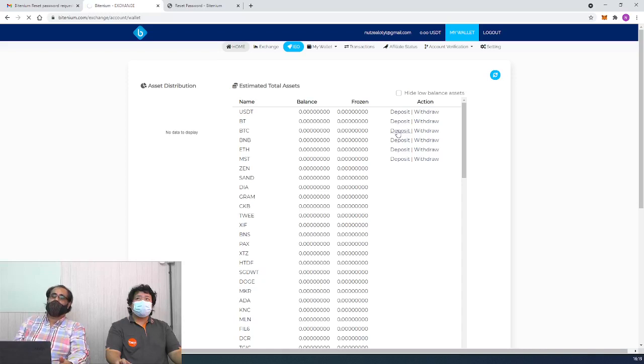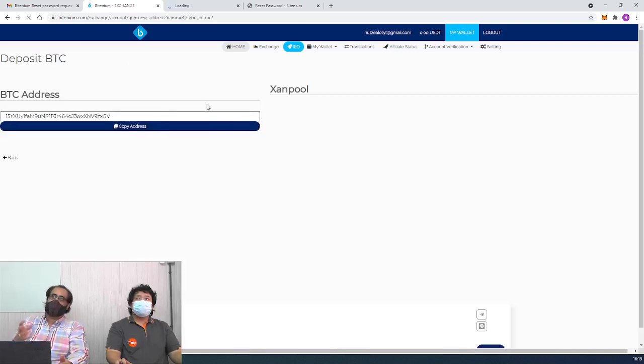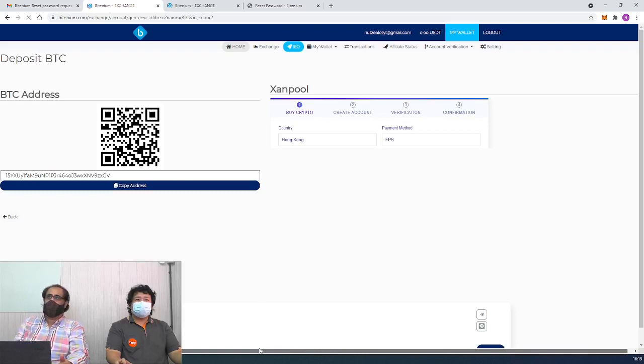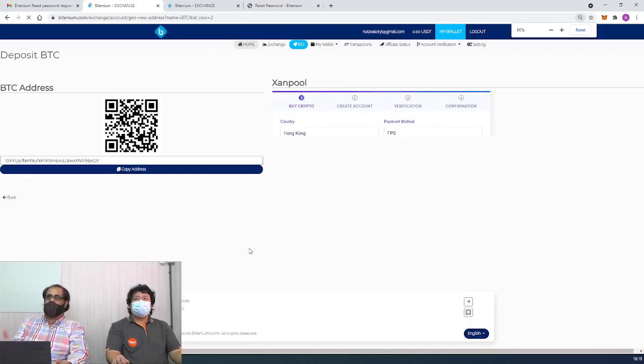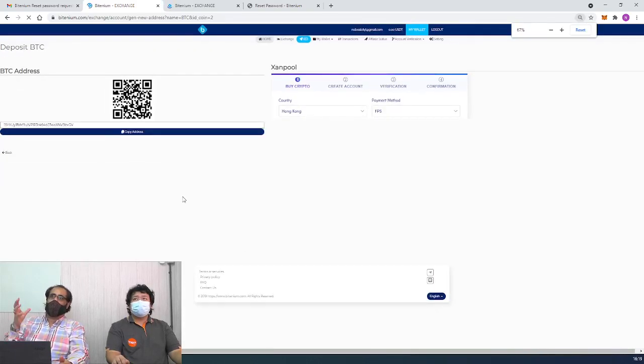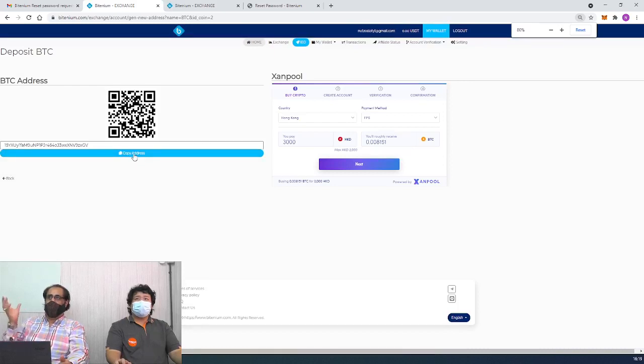I just want to go step by step so that you can understand how to do it. Withdraw is similar to other exchanges. You just need an address, and you click where the address is generated. You can copy this address, go to any other exchange and send the funds to this address. When the blocks confirm, the funds will be credited to your account.